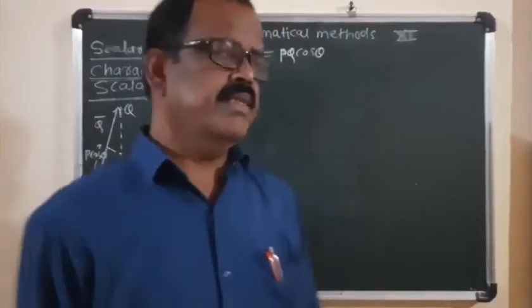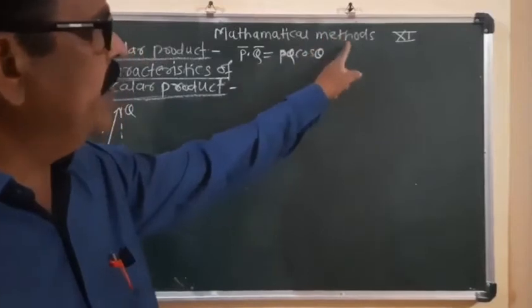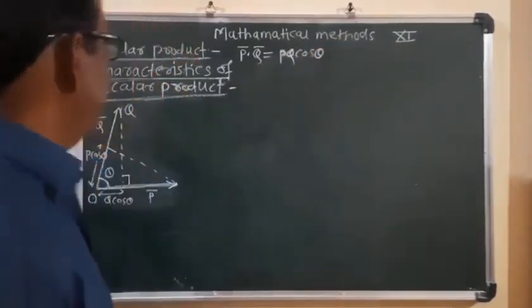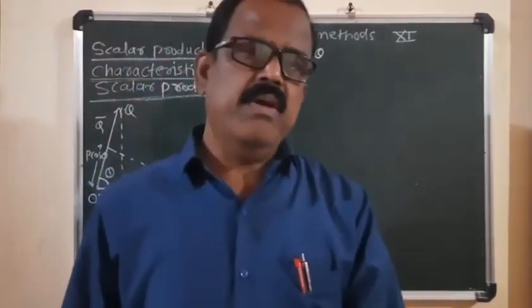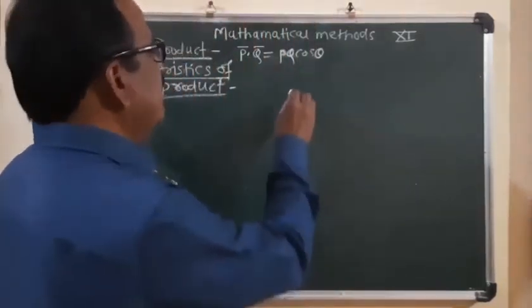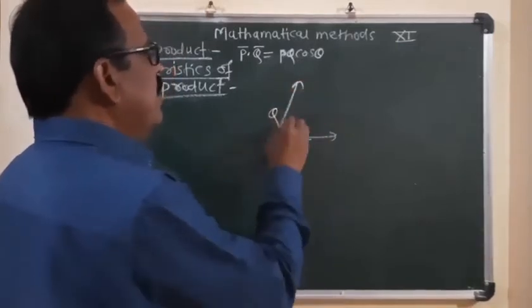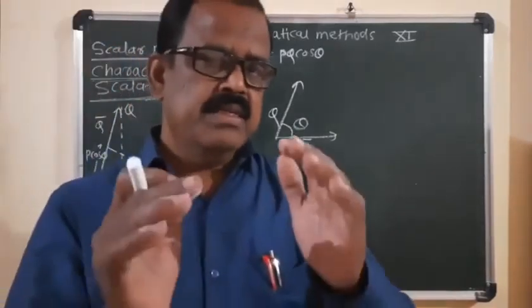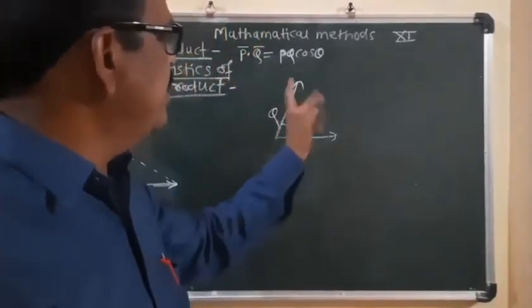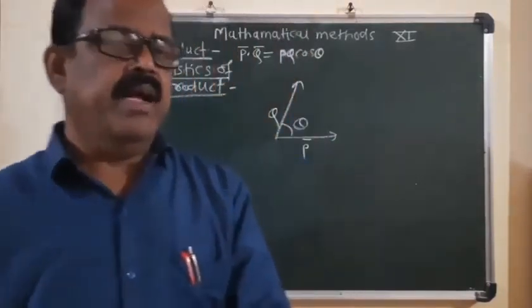Dear students, the next point in the mathematical method, that is chapter number 2 for 11th standard, is scalar product. What is meant by scalar product? Consider two vectors, that is the vector p bar and vector q bar, and angle between them is equal to theta. Then scalar product of these two vectors is defined as product of magnitude of two vector and cosine of